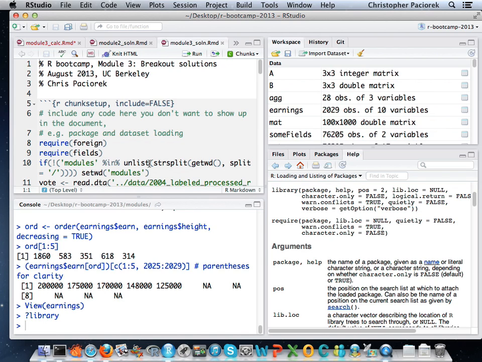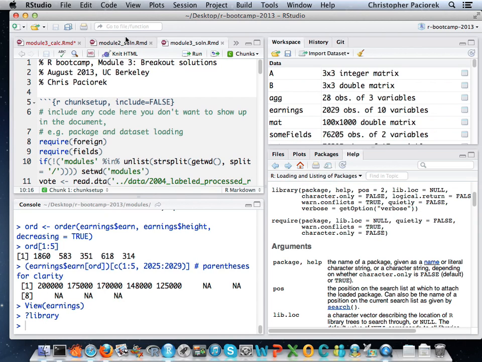GitHub.com/berkeley-scf/r-bootcamp-2013. If you go there and click on modules, you should see a folder called Breakout Solutions, and in there you should see the individual files for the breakout solutions. That's probably the easiest way to pull down those R markdown files individually. If you figured out how to do a pull of the Git repository, you can also just do a pull, and that should get you the breakout solutions folder as well.